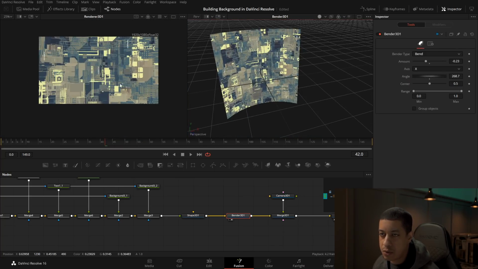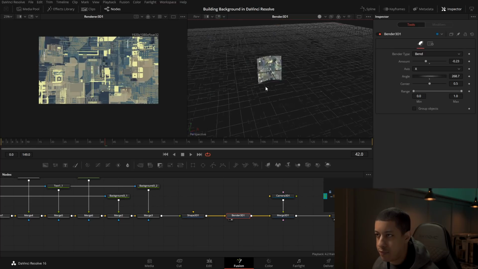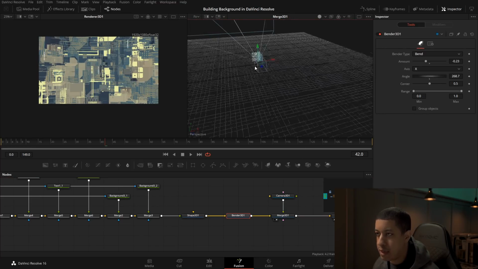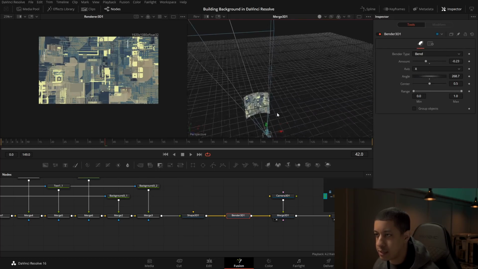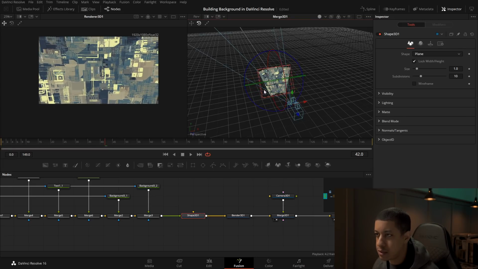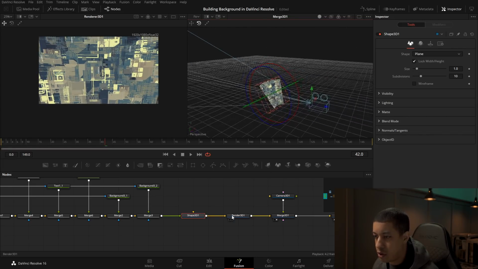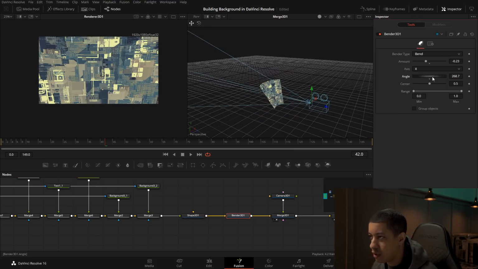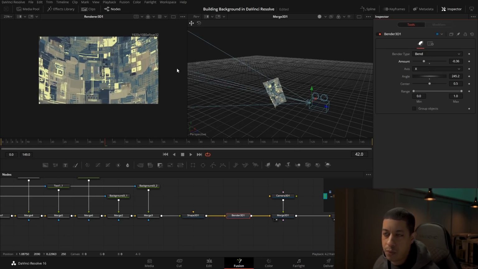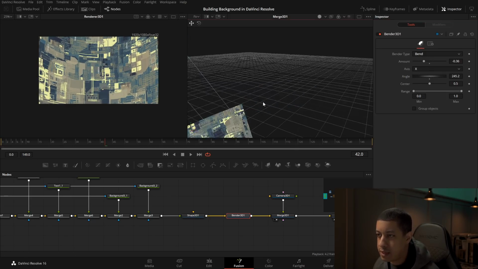If we take a look at this whole camera view we have there, I like to just go into my merge view just so I can see everything. And I'll come into my shape and maybe tilt it like this, which is gonna make things all wonky with this thing. All right, and then we can kind of do that, and that's kind of how I did that.